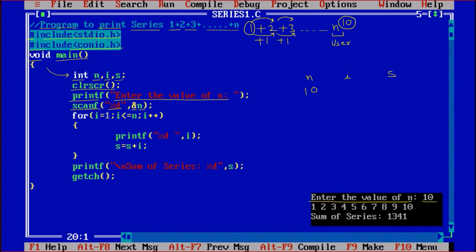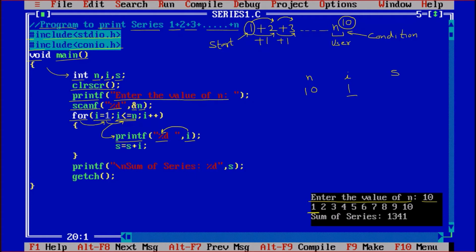So now we are working with the for loop, for i is equal to 1, because the start value we are having is 1. Then the condition, i less than or equal to n. Now the condition checks whether i is less than or equal to n. So if I check the condition, 1 is less than 10, that is true. So the program will come down. Printf %d, i. So this value will be given from i to %d. So the value of i will be printed, and i is 1. So 1 is printed on the user screen.